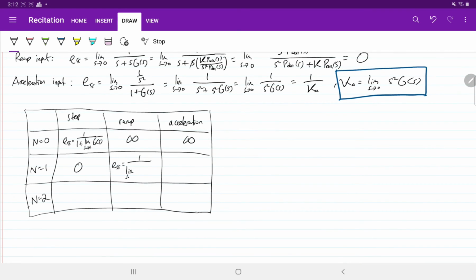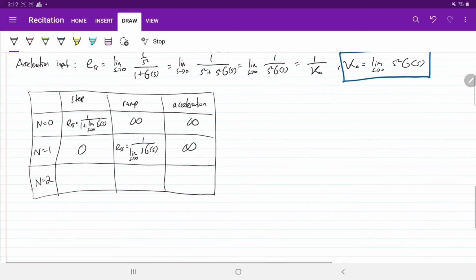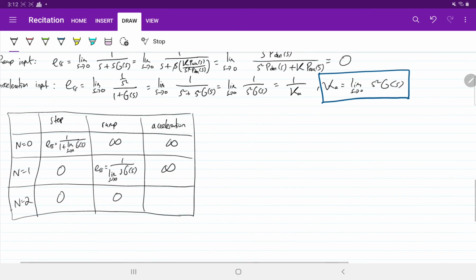For acceleration, the limit of s squared times G of s, and this is infinity. For type 2 we have 0, 0, and this one is 1 over the limit as s goes to 0 of s squared G of s. Okay,